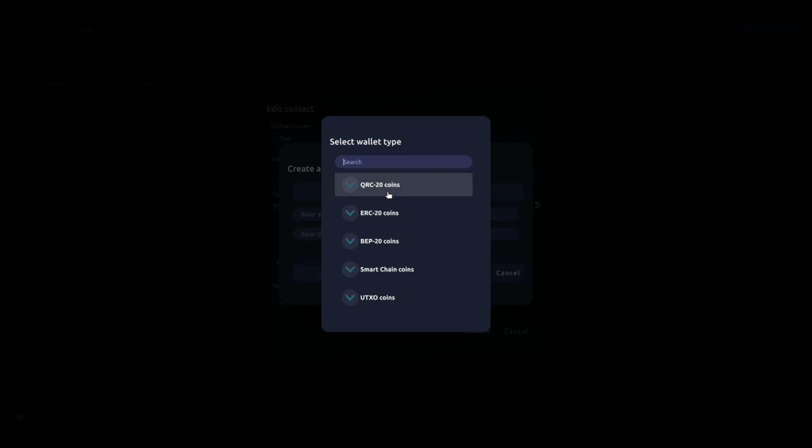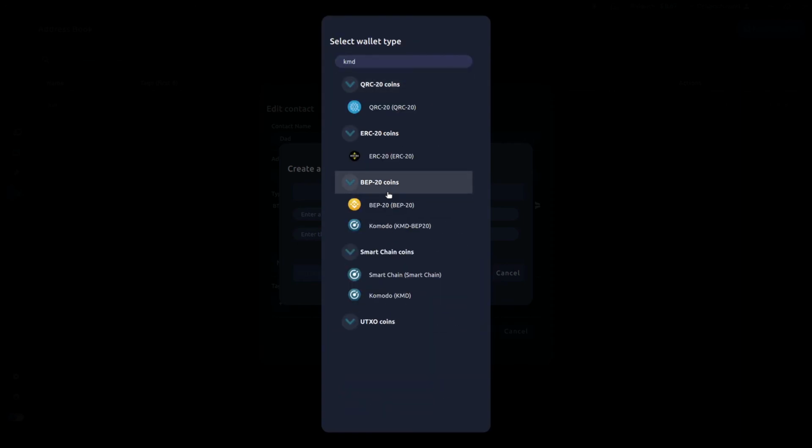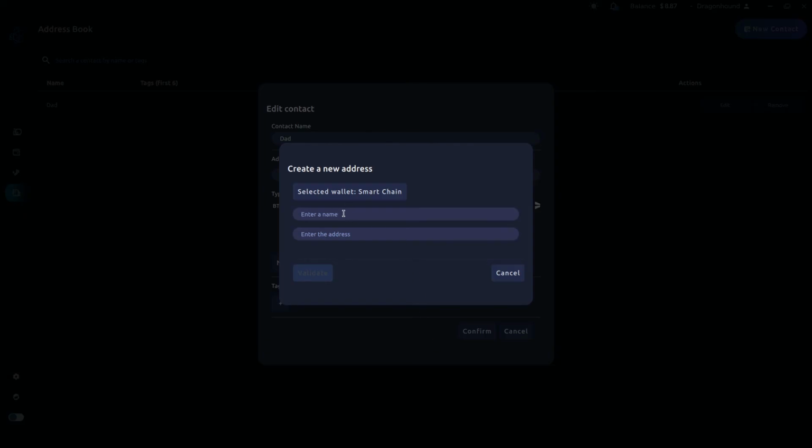This time I'll select Komodo. You can see down the bottom here that we've got Komodo and Smart Chain, and this is because all coins in the Komodo ecosystem, such as Tokel, will use the same address. I prefer to store my address entries as Smart Chain rather than just an individual coin, because that means that it can be used for any coin under that platform or protocol. So I'm going to select Smart Chain, enter a name, call it Dad's KMD, enter the address,